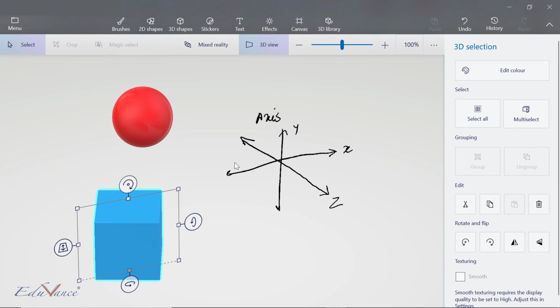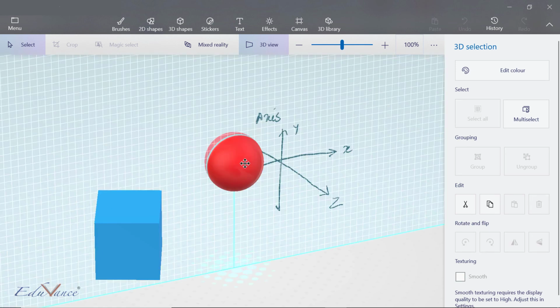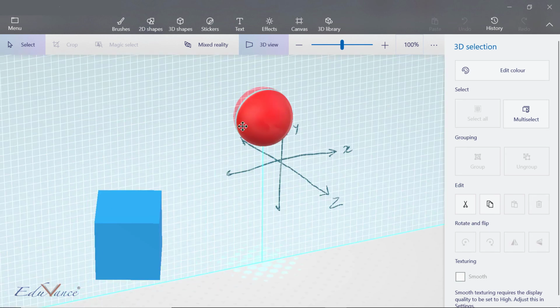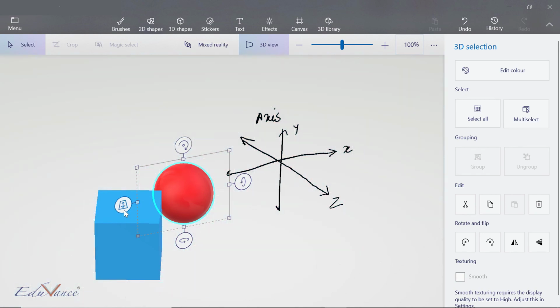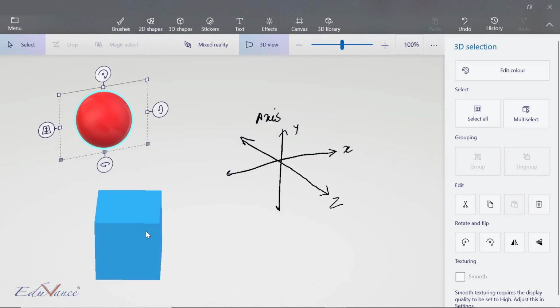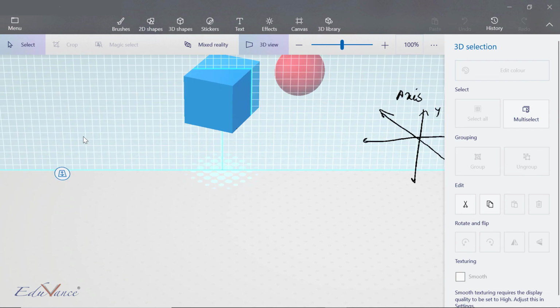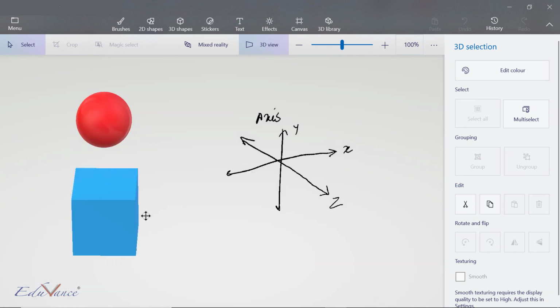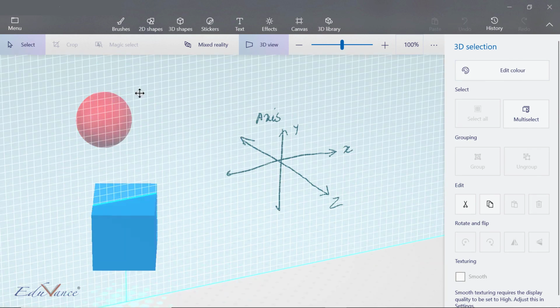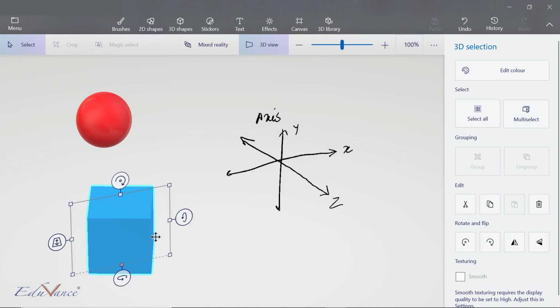So what we've tried to understand in this lecture is that there is a concept of 3D space. The 3D space is divided along three axes, which are X, Y, and Z. And you can move your 3D object in space along X, Y, and Z. Similarly, with this 3D model, I can move this front, back, X, and Y. So in this lecture, we have looked at how to take a 3D model and move it around